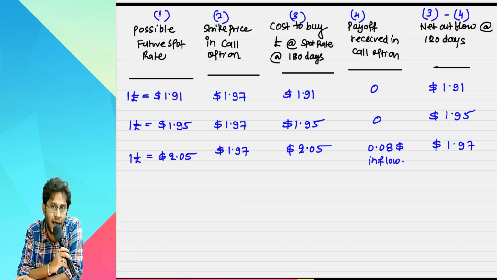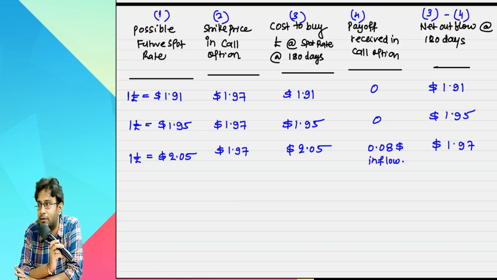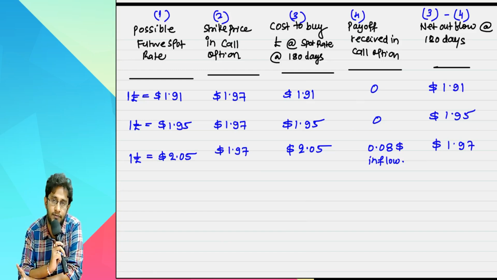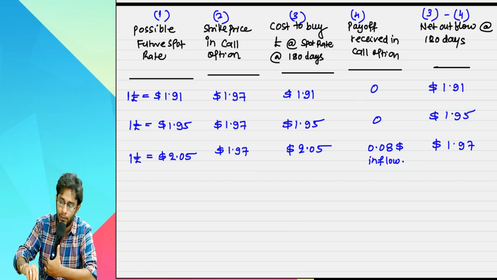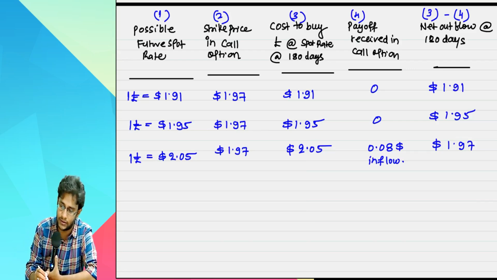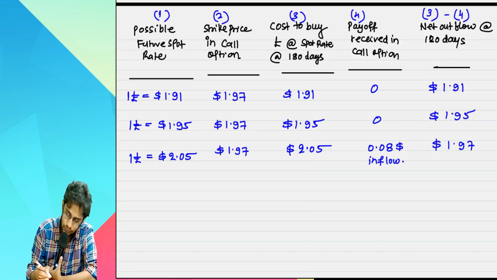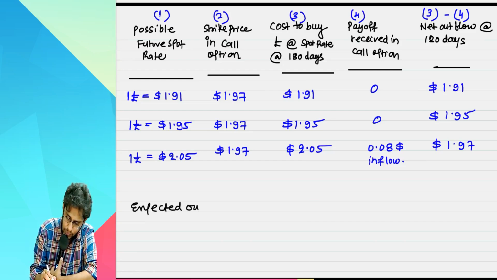When the option lapses, your outflow will be equal to your spot rate. So that's all. Either the spot rate will be your final answer or the strike price will be your final answer. You will not have a third case, only these two cases. Now, 3 possibilities are there, 3 probabilities are there. Now you have to bring in probabilities. Outside the table, you write expected outflow